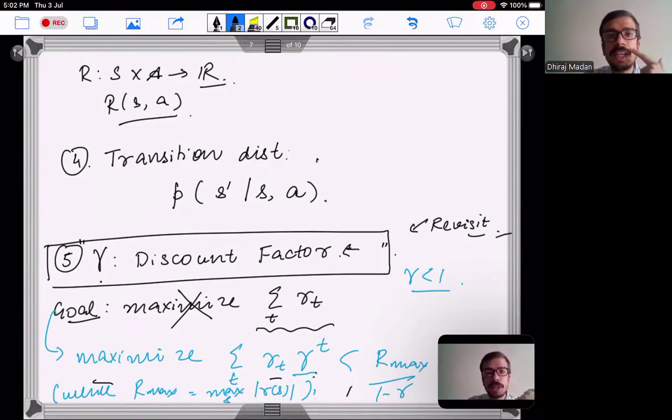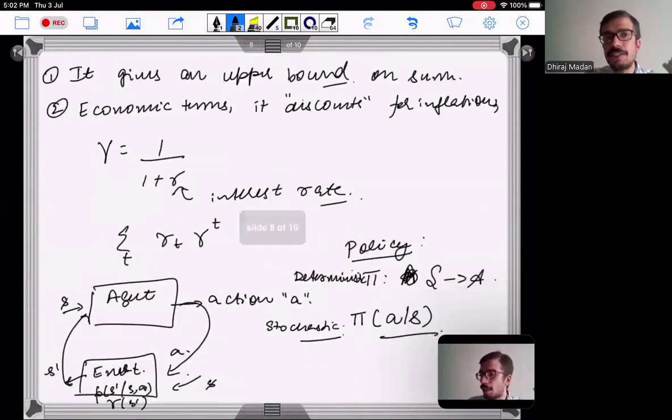One of the reasons we have seen to introduce gamma was that it models an interest rate, in the sense that a reward tomorrow is worth less than the same reward given today. That's the economic interpretation. Secondly, it also helps in upper bounding our sum. And right now we are still in the Markov decision process framework,